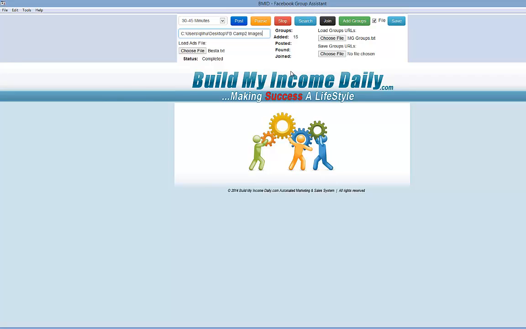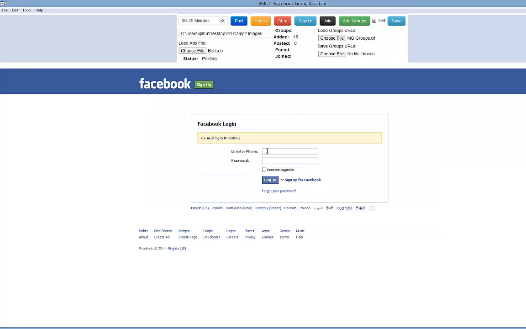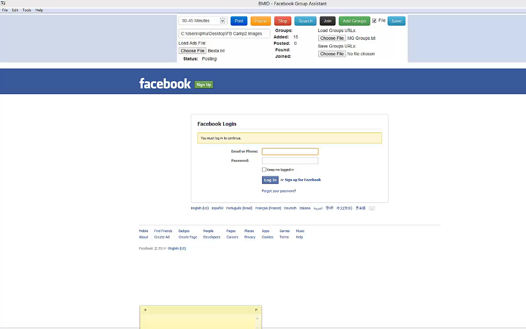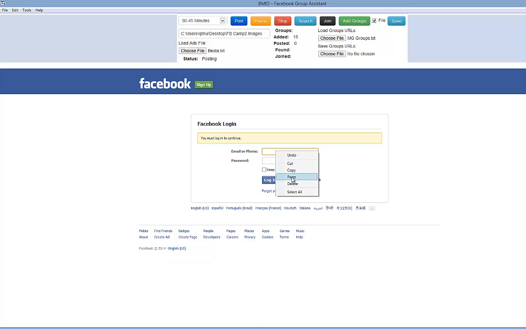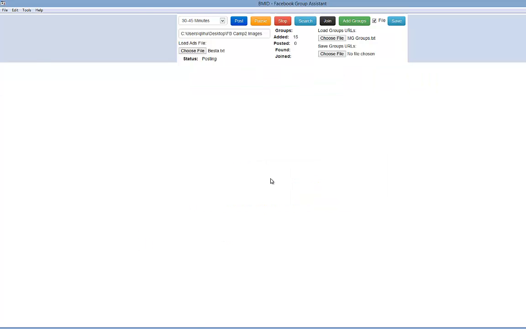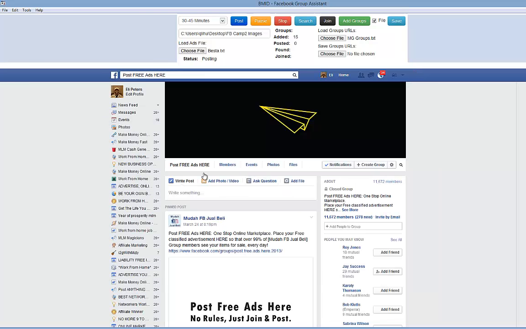But don't be surprised if after you hit post it comes up with a little box that asks for an email. What I normally do is already have that saved here, so I can just copy it and put it in there, then I'll put in my password real quick, click keep logged in and then log in, and then it'll start. You see it's posting right now, but